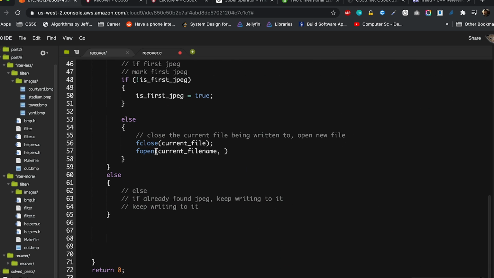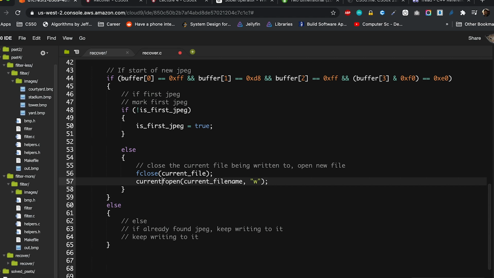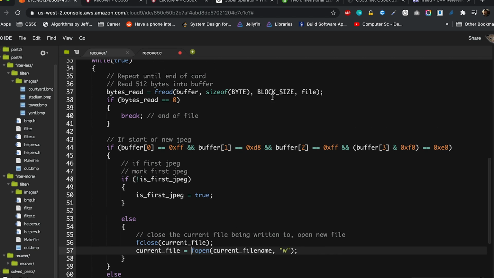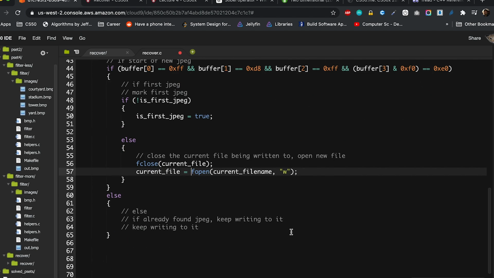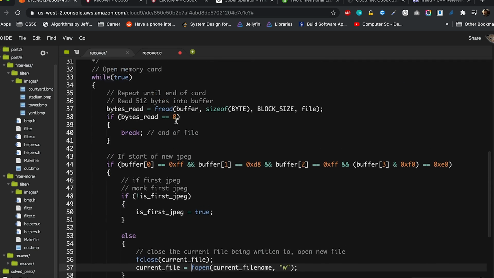So what I'm going to do is open current file name for writing, and assign that to my current file. So that's that. And then I have to write the bytes I've read so far, right? So what do I do here? The next step is pretty much I have to